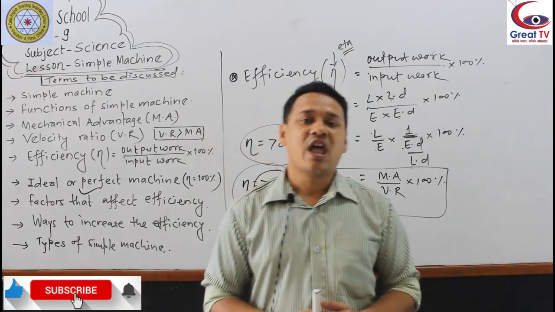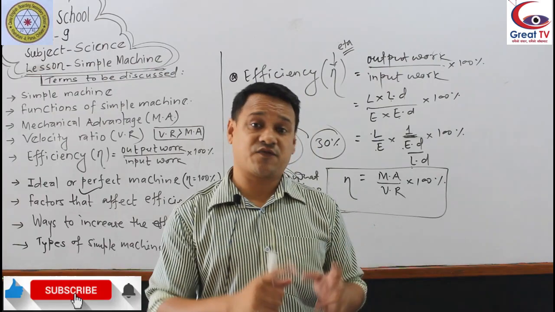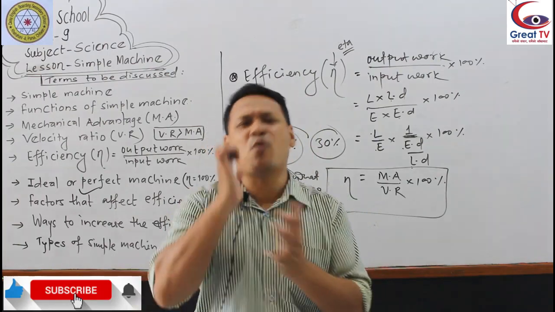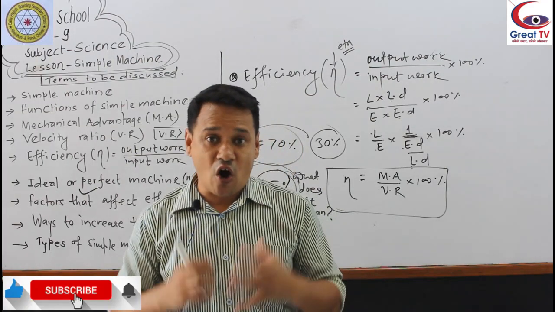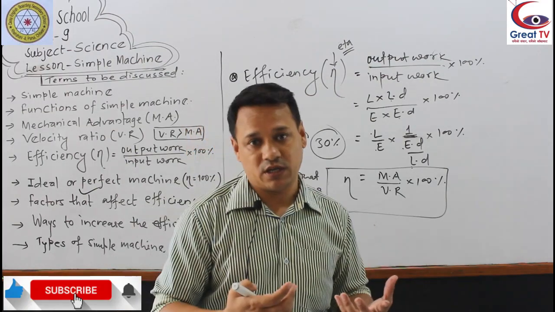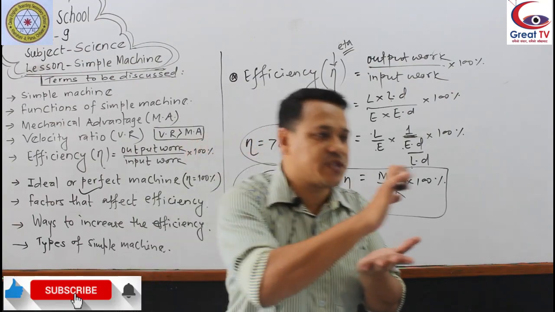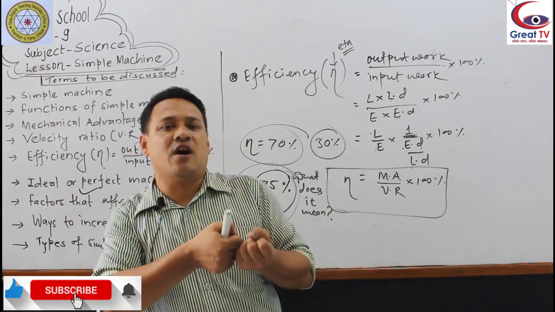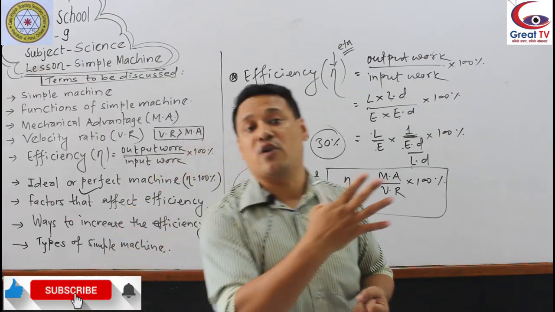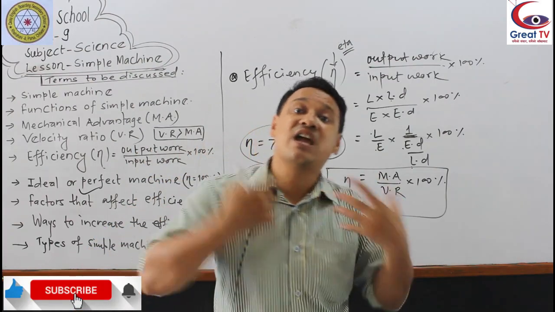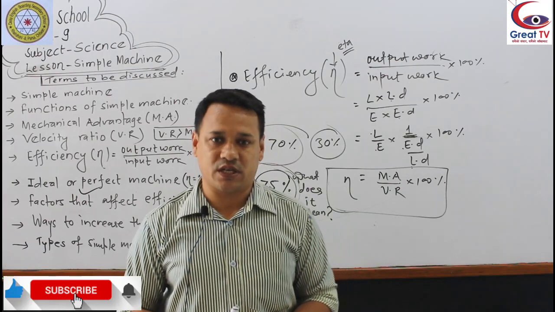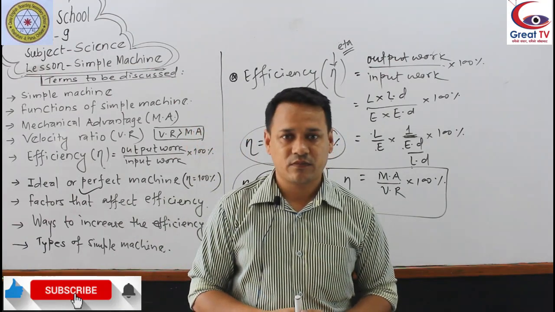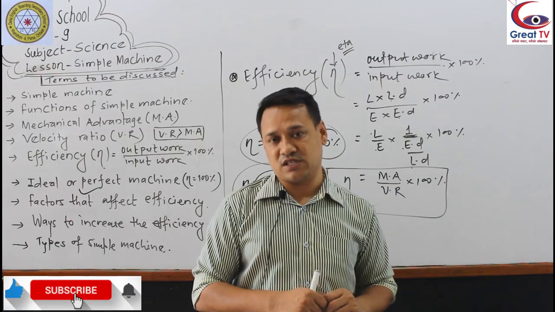Efficiency of a machine is affected by different factors. First, friction. Already we have discussed. Friction always opposes the motion of the body. It always disrupts the movement of the body. If you push any object, then friction acts towards you. If you pull any object, friction acts away from you. It's always against the direction of motion of the object. Because of the friction, some energy is lost and that reduces the efficiency.